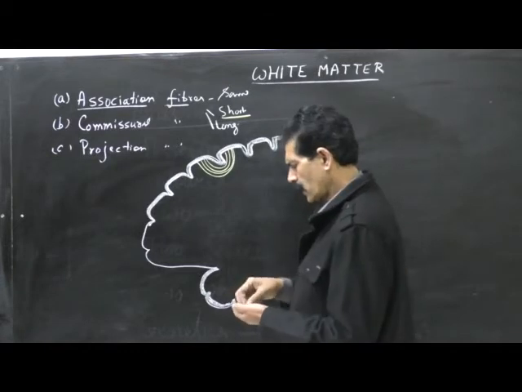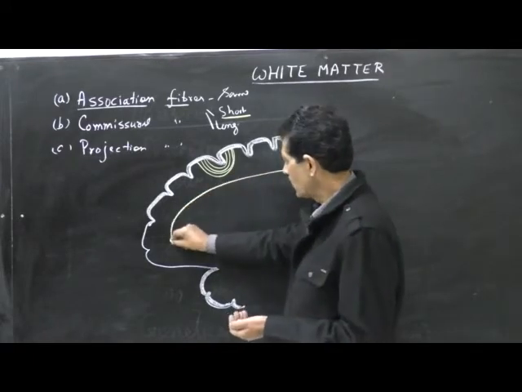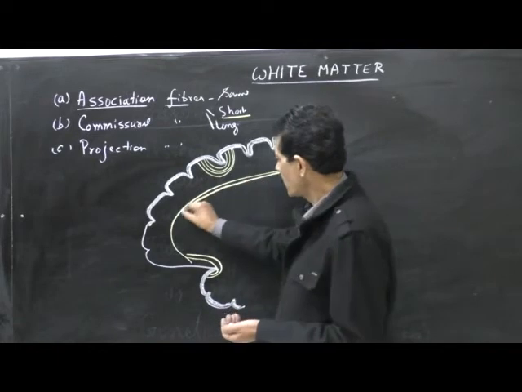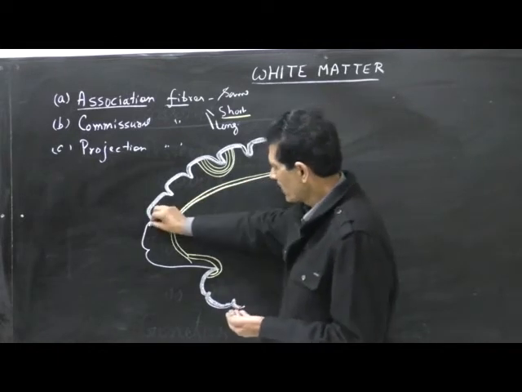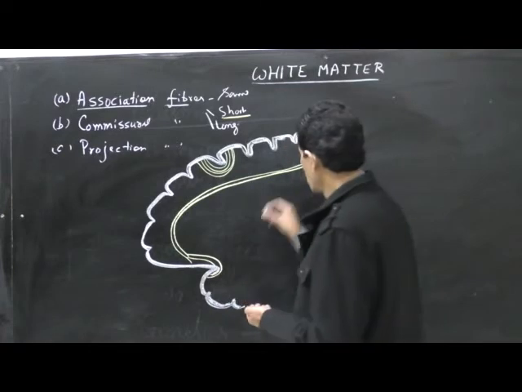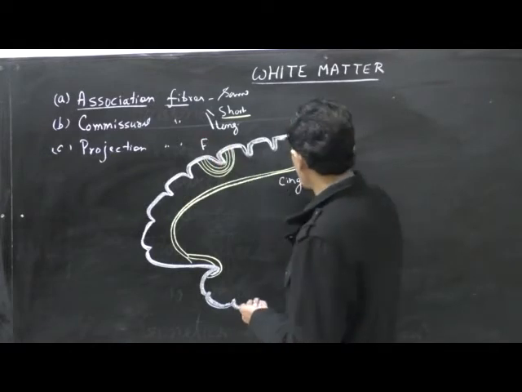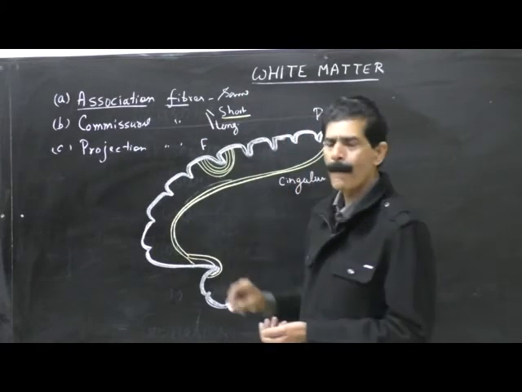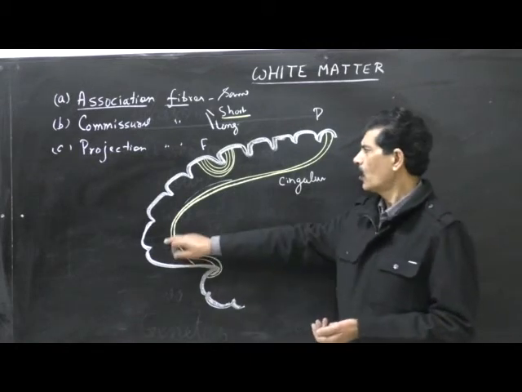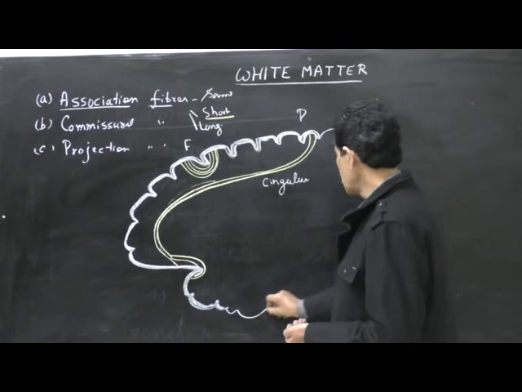Then there are certain areas of the cerebrum where these gyri are widely separated, and the grey matter is connected over a long distance. So these are called the long association fibers, and it is seen in the cingulum. So this is the frontal lobe, this is the parietal lobe. The parietal lobe is interconnected with the frontal lobe, and this comes under the long association fibers. Similarly, the frontal lobe is connected to the parietal lobe,